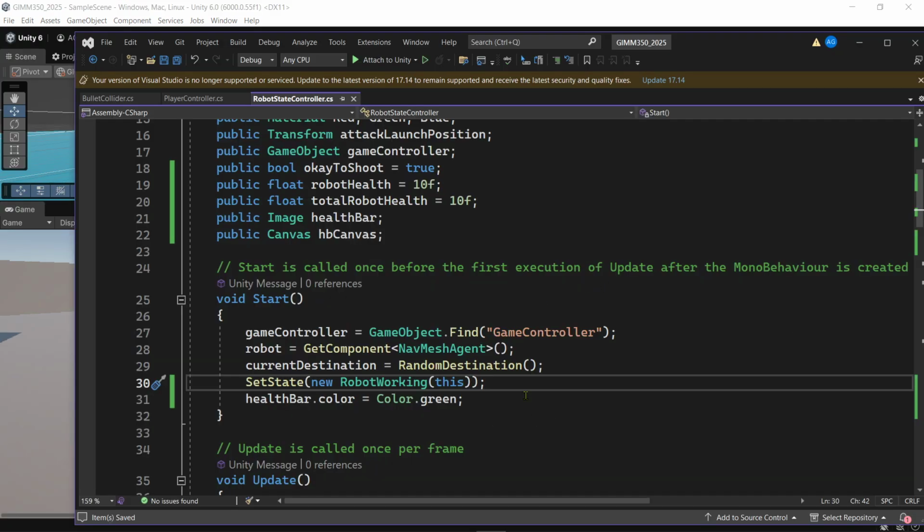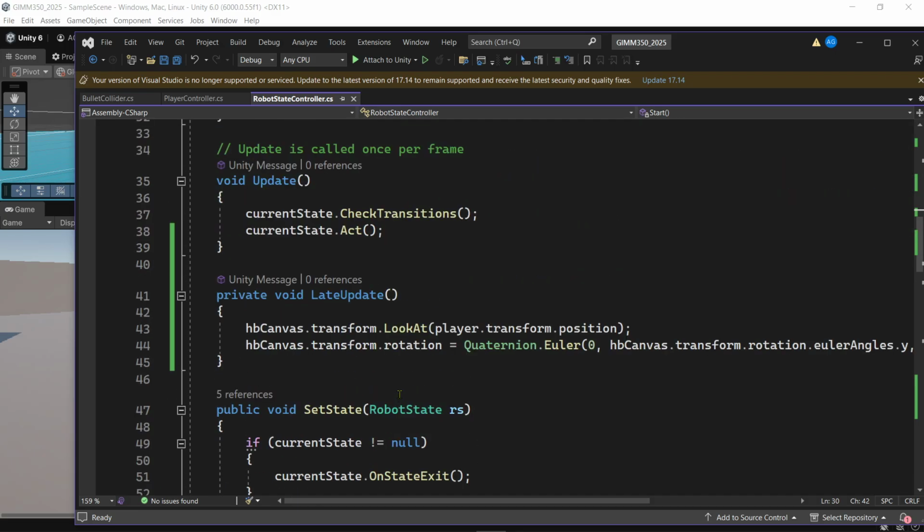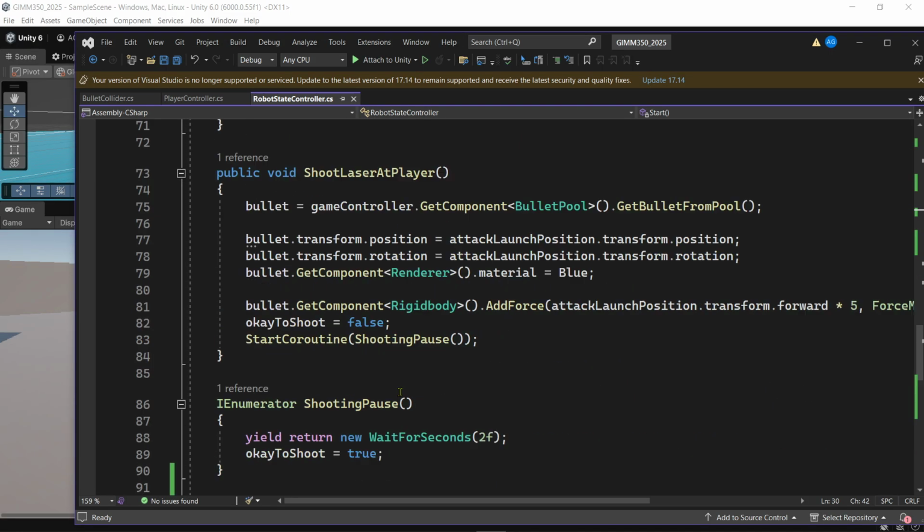So perfect. So in the start of our robot state controller, we're going to set the color of the health bar. The health bar is an image, so we can just set its color. Color equals green. If we wanted custom colors, that's possible too. You can do an RGB value with the alpha. We're just going to choose the pre-done colors. Okay, perfect. And now we're going to scroll down, and in our health,